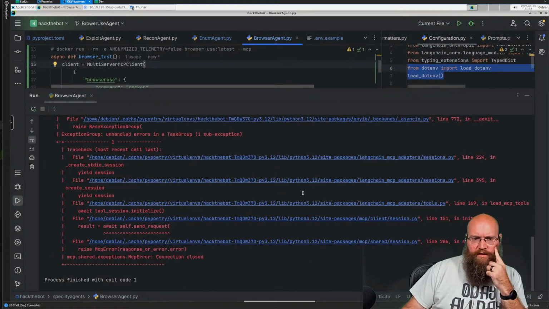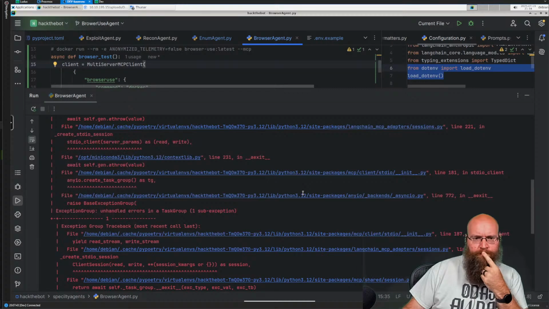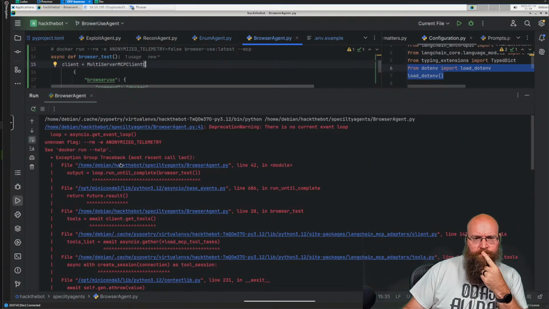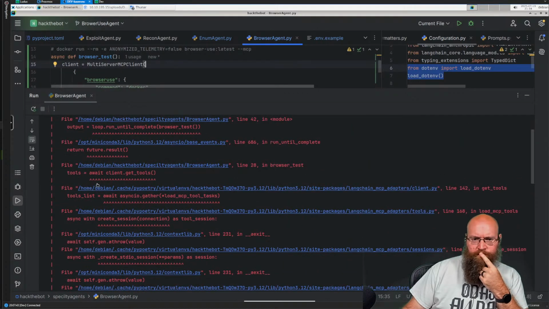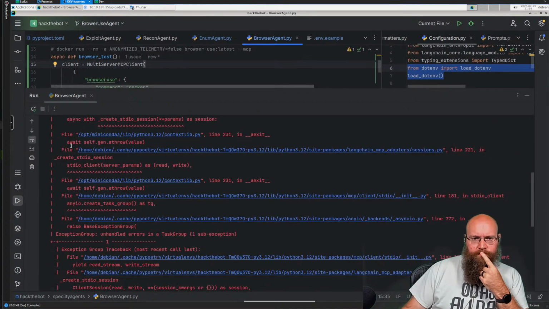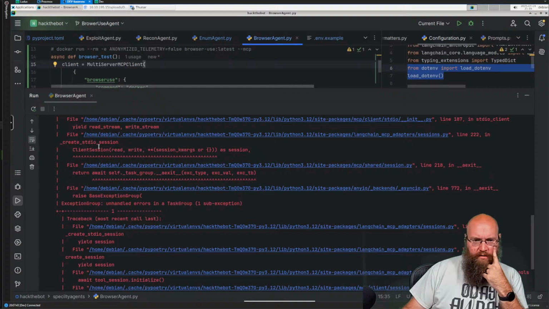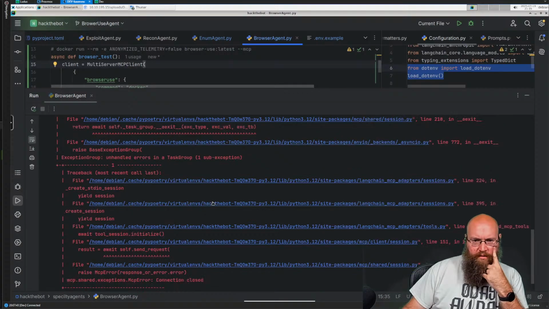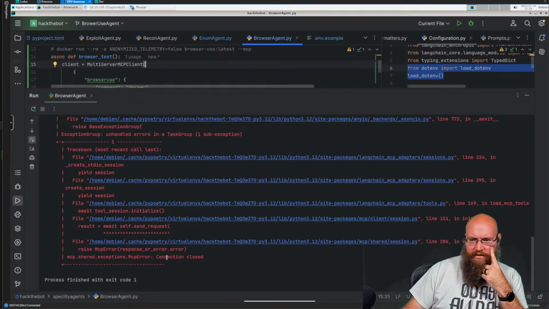So I fixed that. Let's take a look. So for some reason, the create standard IO, so let's see, client server params. We had an unhandled error in task group 1. We had a sub exception, and it just says connection closed.